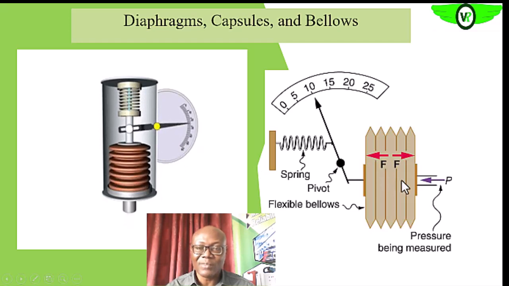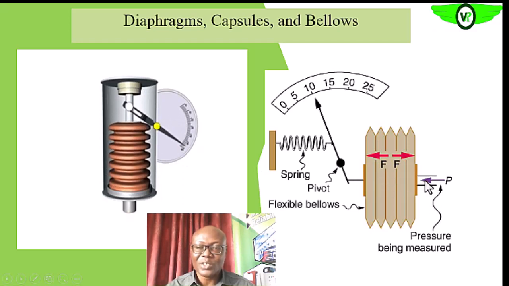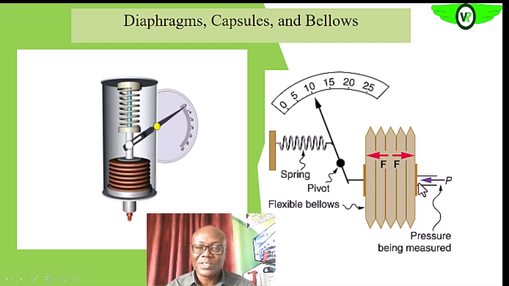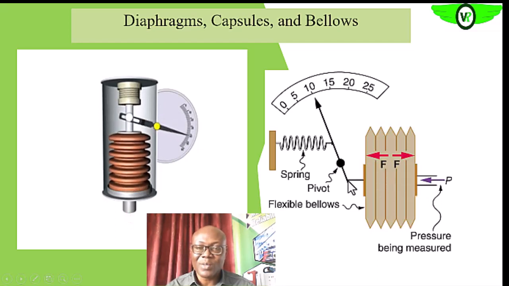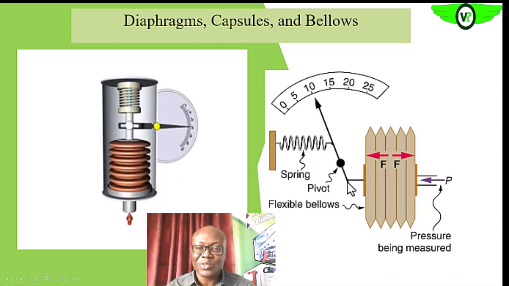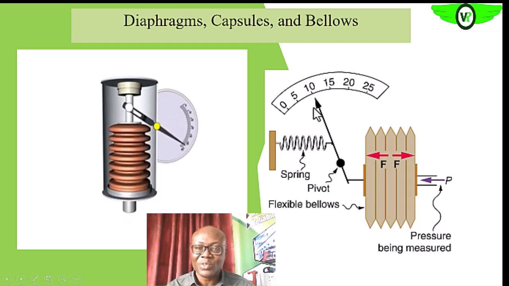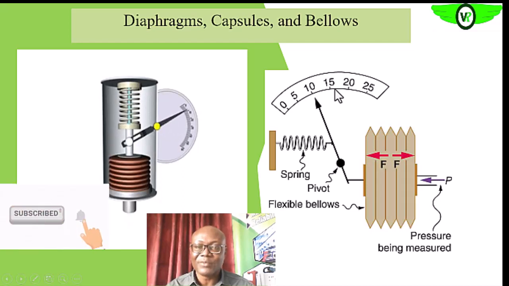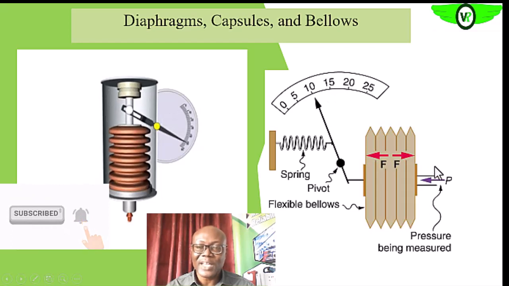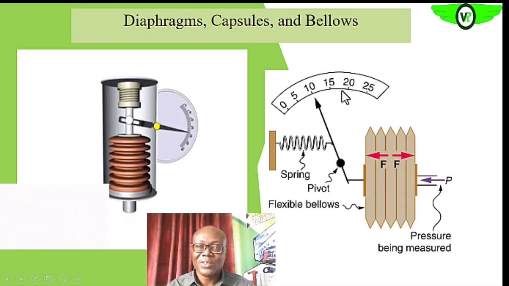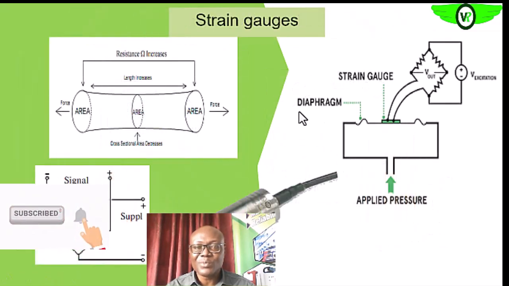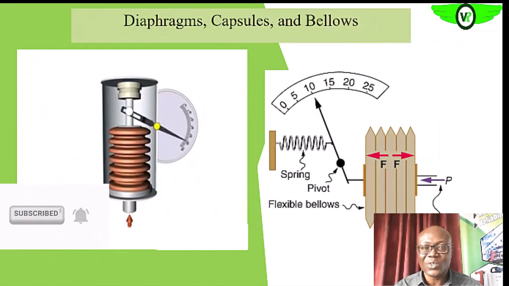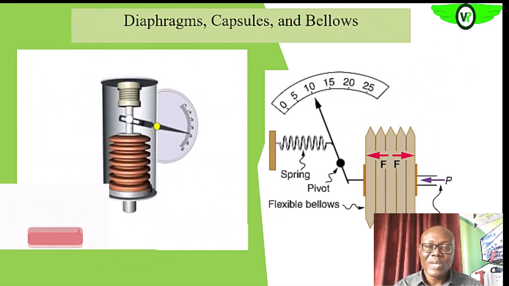That is what we have here too, okay. So the pressure increases, stretches the bellows. That bellows movement is transmitted to the movement of this spindle, and thus we have the pressure on the line registered on the gauge. So these are very simple pressure sensors. Okay. So we have another